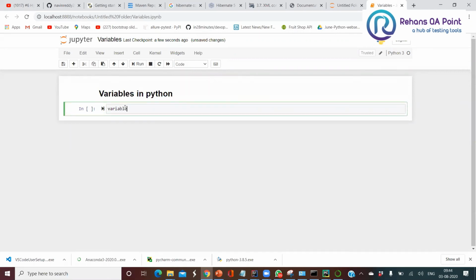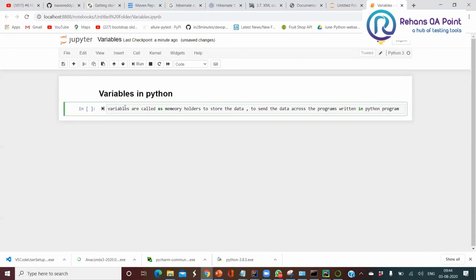So variables are called memory holders to store the data, to send the data across the programs written in a Python program.